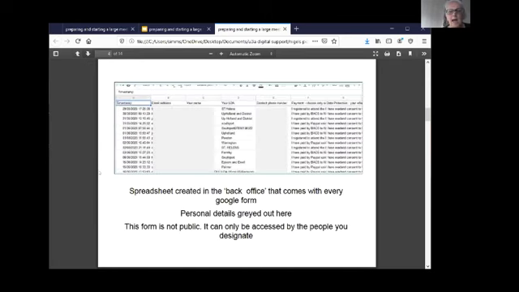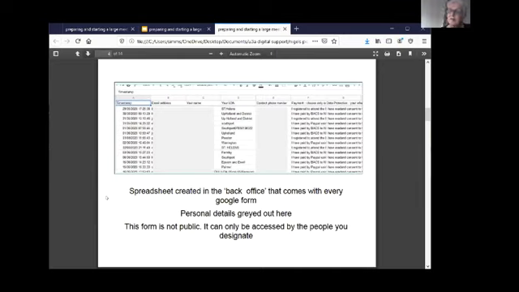Okay, so at the back of these kind of systems, what you get, private to you as the creator, nobody else can see it till you let them, is a spreadsheet like this one. Now in this one, I've blocked out personal details, but basically what you have is each one of the columns is based on a question that you've put in your questionnaire. Simple as that. So these are just examples of stuff that was gathered in a particular event that was organised.